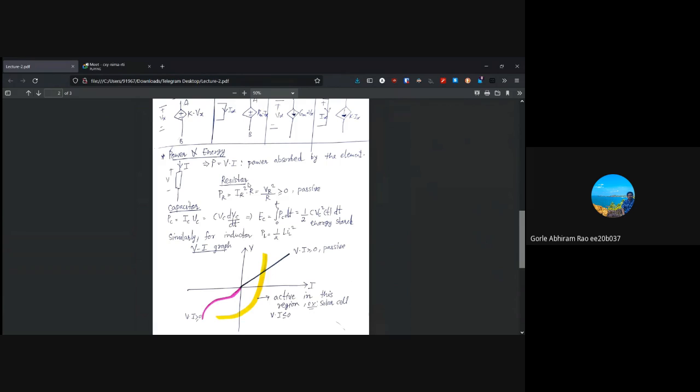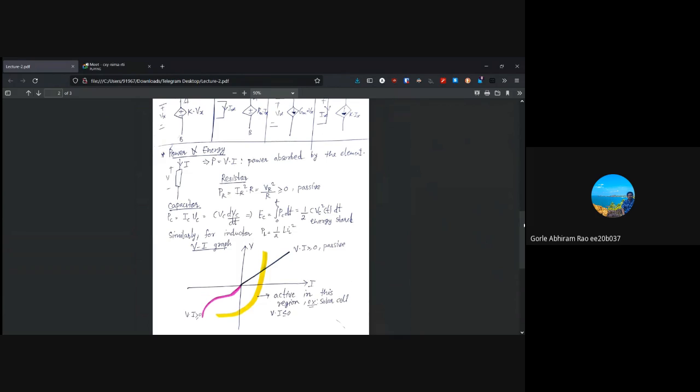Next, if we look at a capacitor, the power relation isn't really of much significance to us because the capacitor stores energy. So if we try and find the energy stored in a capacitor, this is already a familiar relationship: the energy stored in the capacitor is going to be half CV square, where V is the voltage at that instant of time we are observing. And for an inductor similarly, the energy stored in the inductor is going to be half Li square. These two are already quite familiar to you, I guess.